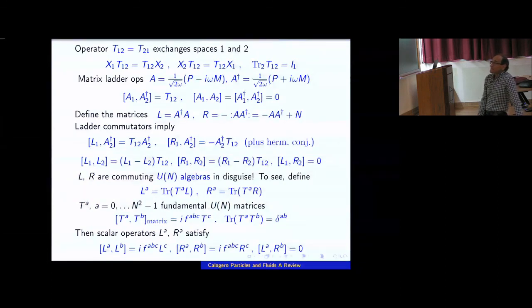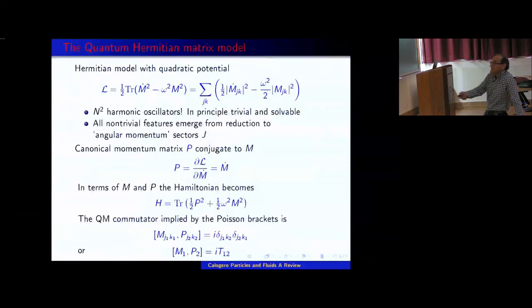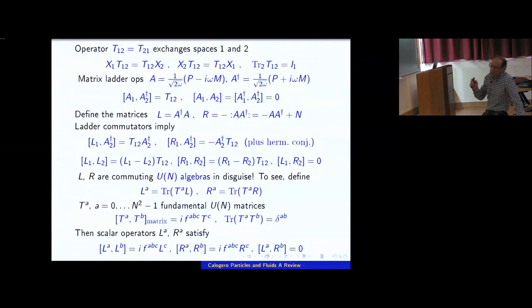Then, using the standard Poisson brackets, that means this quantum commutator for M and P, you can show that the elements of these two matrices commute to T. So this is the corresponding A, A dagger commutator equal to 1. Here it's not 1, but it is this T that permutes and joins these two spaces, while the matrix elements of A and of A dagger all commute.